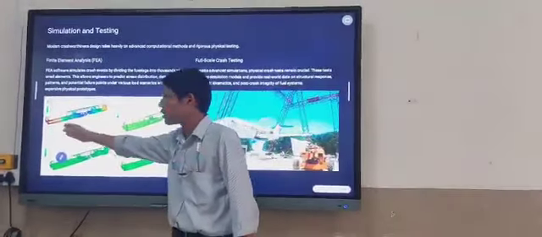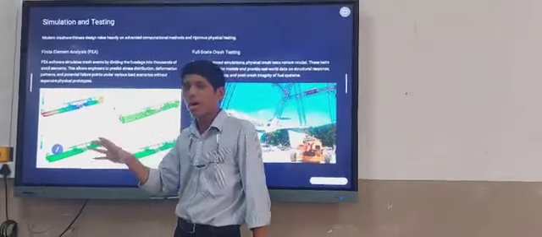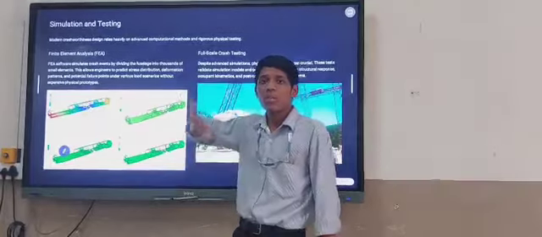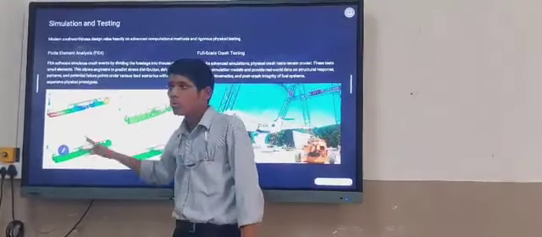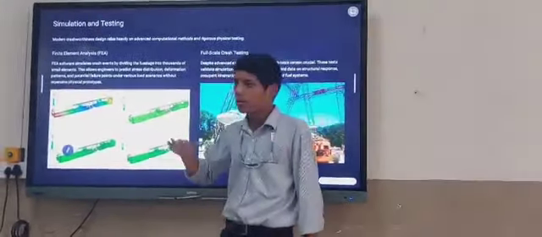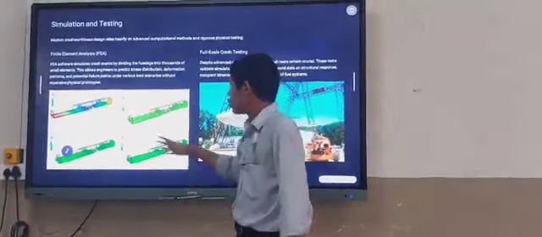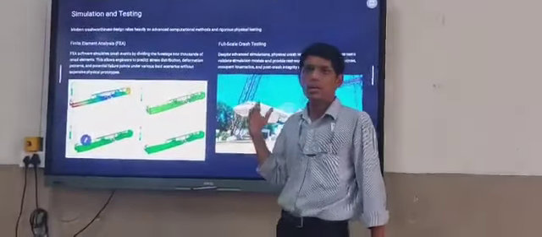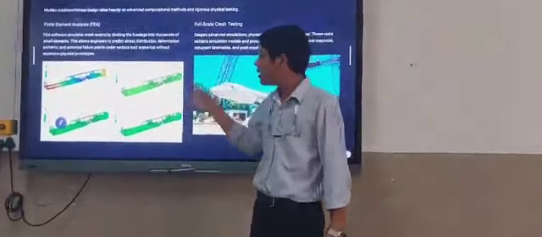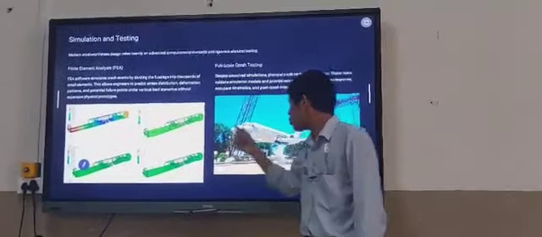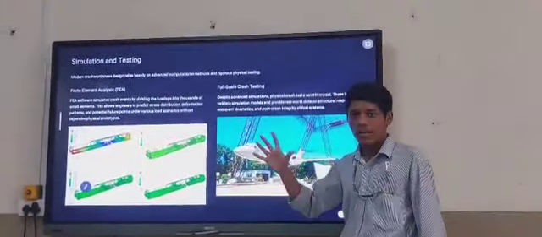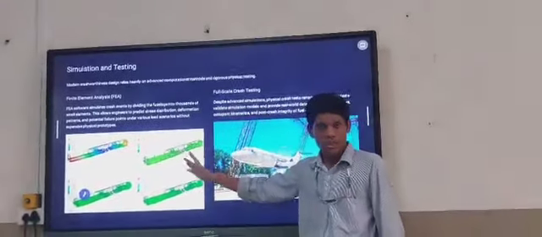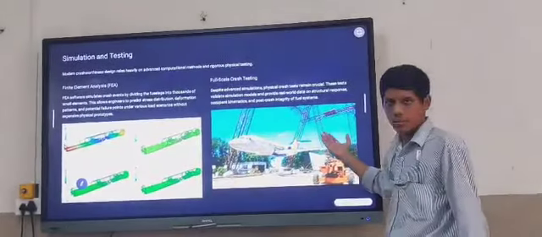As we can see here, the red part has been imparted a lot of stress, whereas the green part is showing where the stress has minimally reached, whereas the blue portion is showing that the impact is the minimum here. So according to these diagrams, an engineer can find out and basically implement these in real aircraft by implementation of all the information that is gathered from the simulations, and then comes the full scale